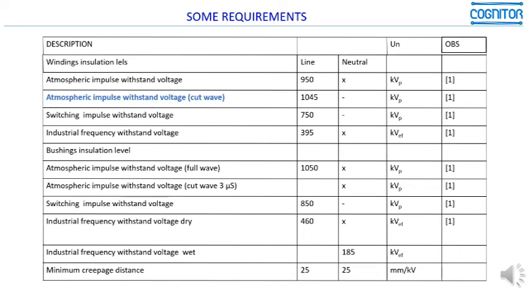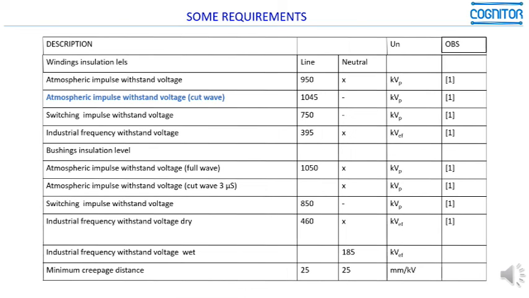We could see in some slides before that when a surge arrester deviates the current coming through the line to the ground, it produces the wave which is coming